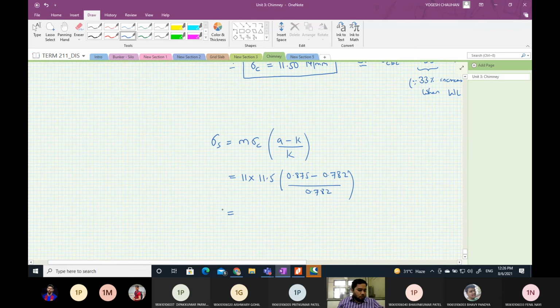So this stress will be equal to 11 into 11.5 multiplied by 0.875 minus 0.782 divided by 0.782. That is 15.04